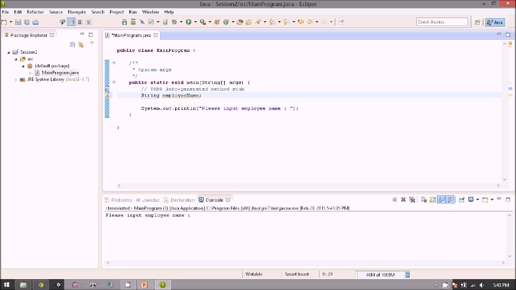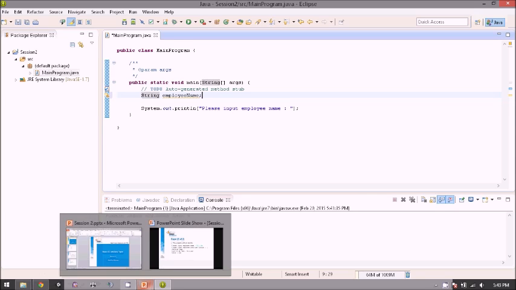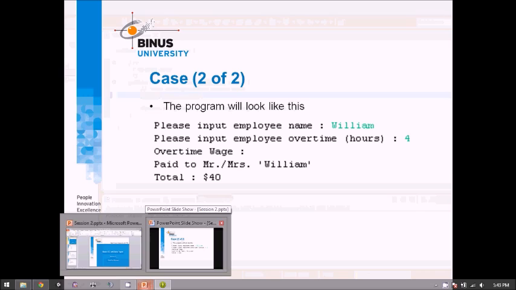So if we write like this, it means we want to create a variable with the name employeeName, and the type of the variable is String. Okay, and then the next thing we want is to input the overtime hours.